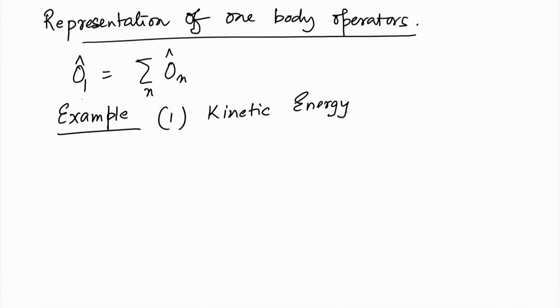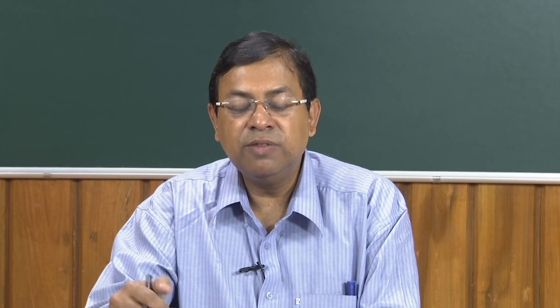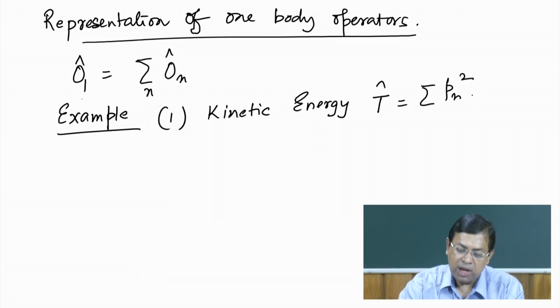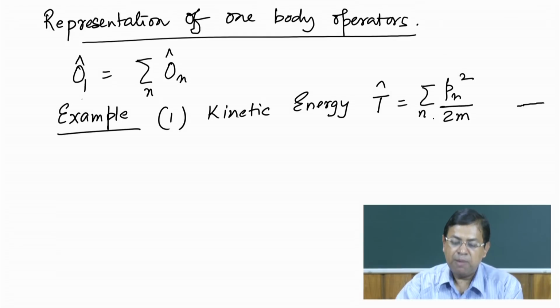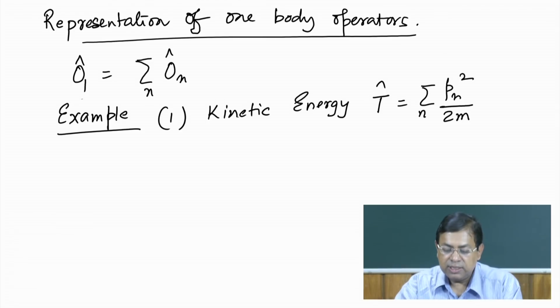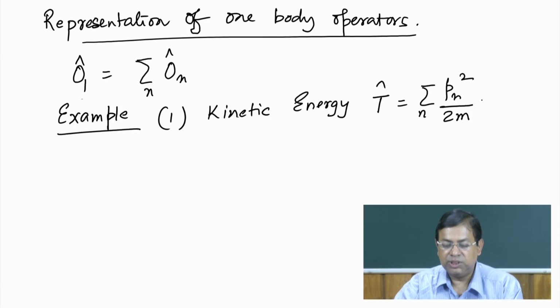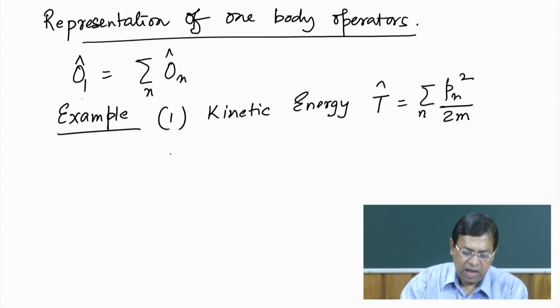So, this kinetic energy operator quantifies, or rather gives you, the observable for the kinetic energy for a given system, and we can write this as T, which is equal to P n square over 2m, where m is the mass of the particle. Okay. So, this is the total energy of a system, which consists of the individual energies of the particles, which are represented like this.